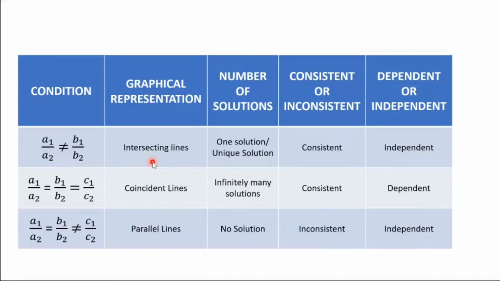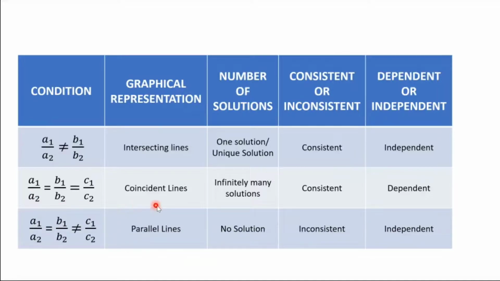If they're intersecting, it means they are intersecting at one common point, and that common point will give me the unique solution. The system, because the solution exists, will be considered to be consistent and the equations are going to be independent. In case I have a1 upon a2 equal to b1 upon b2 equal to c1 upon c2, the